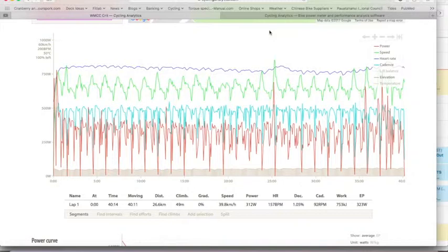So let's talk drag figures first. Coefficient of drag in a regular position. This is in the drops for me, so it's a little more aero than it even would be on the bar tops or on the hoods. Standard clothing, this is just in a jersey, bibs. There's no drag from an extra jacket or anything like that. Standard position 0.31. So this is down in your semi-aero on the drops position. Regular, nothing draggy about the clothing or anything else about the bike. Road bike, Cannondale Super 6 Evo,